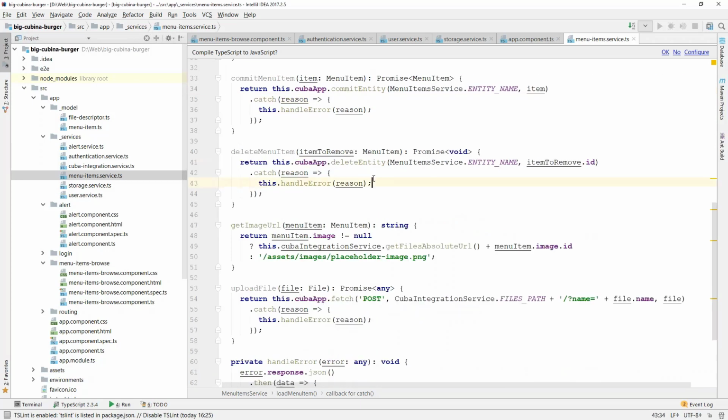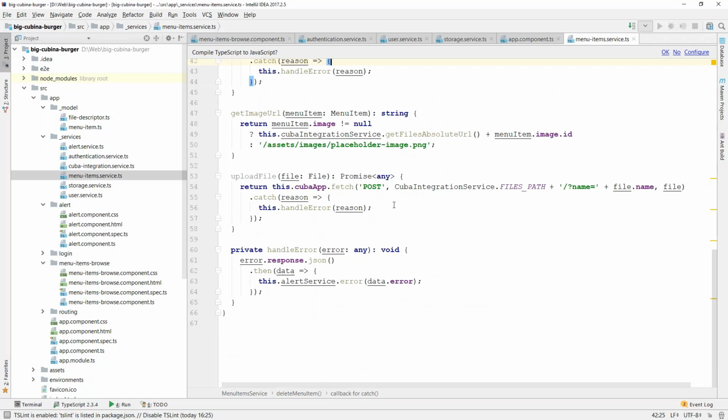Delete menu item uses the delete entity method with entity name and entity ID. And to upload a file, we use fetch, the general method in which we can define what we want to use, a post request or get request, and the particular path to which we send the request. So in our case, it is the files path with an additional parameter, file name.